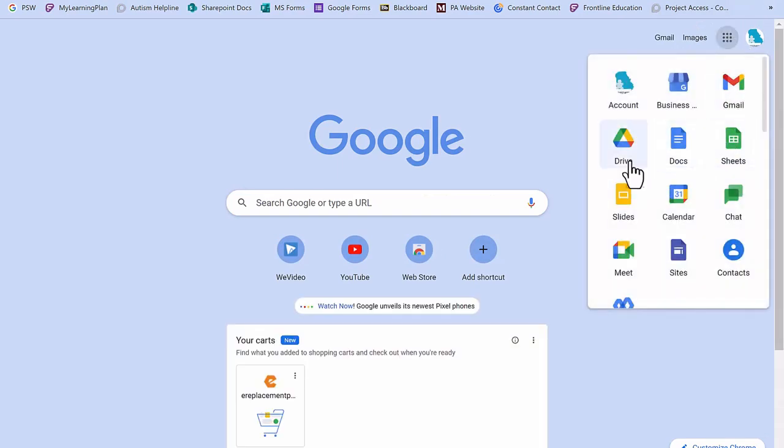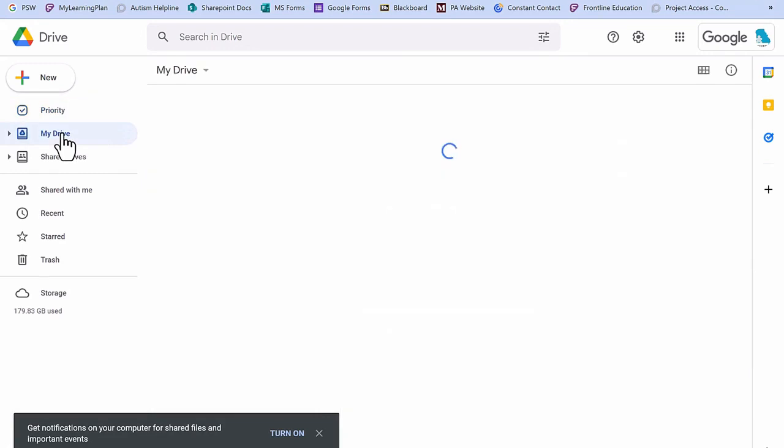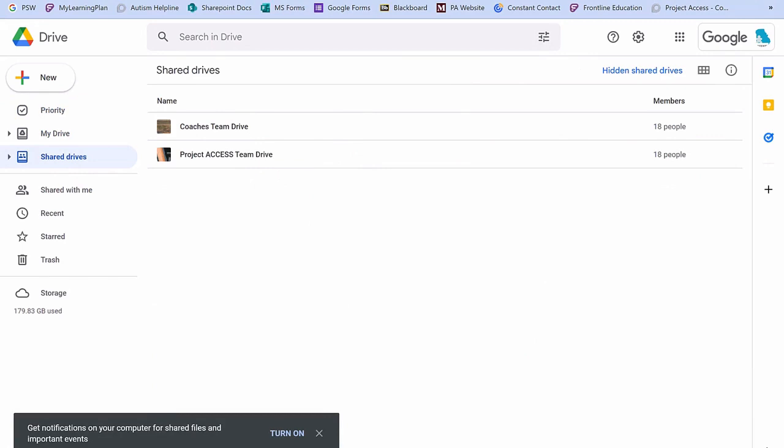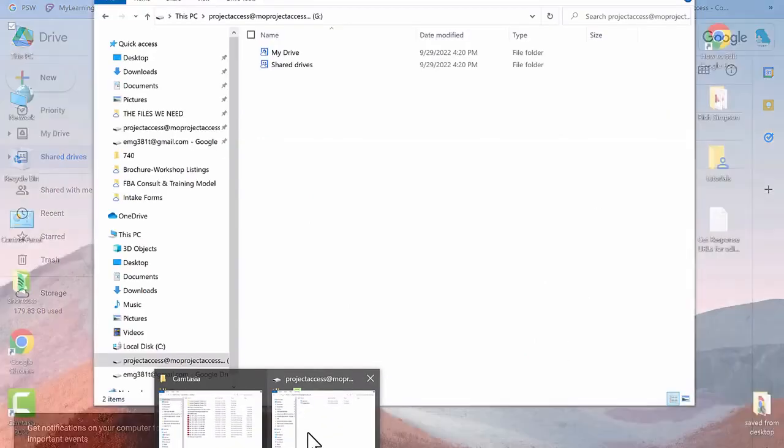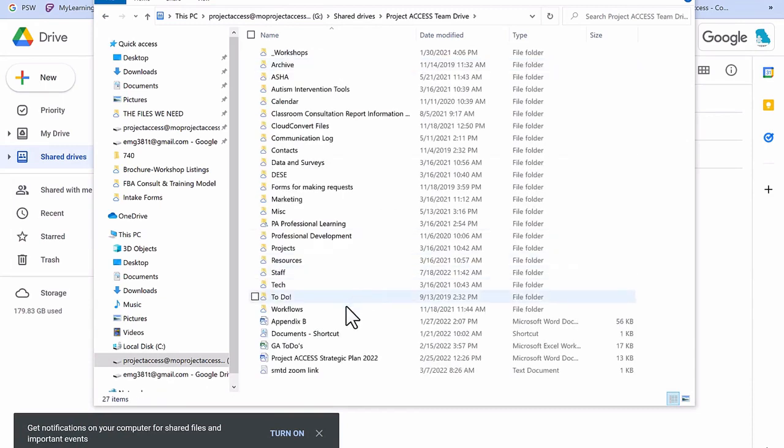These are just two different views of the same thing. So here's the My Drive, and here's my Shared Drive. So Shared Drive has a couple of Team Drives on it, and that's exactly what I see if I use the Windows File Explorer. So there's the Shared Drive with the same Team Drive. This is super handy if you ever are using